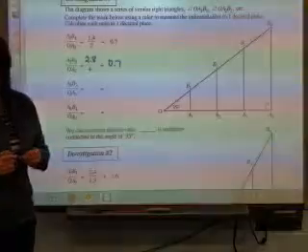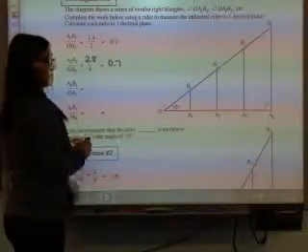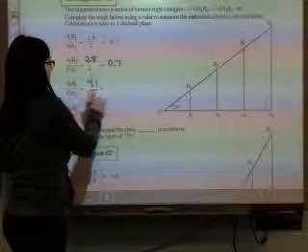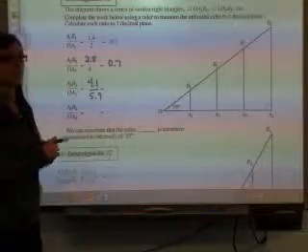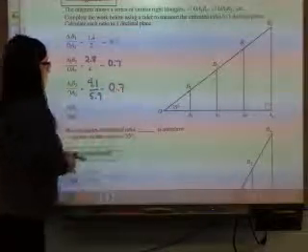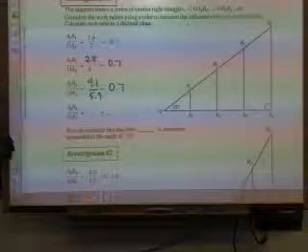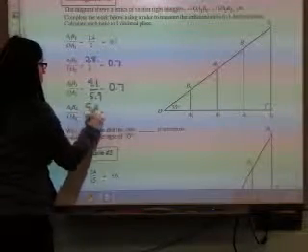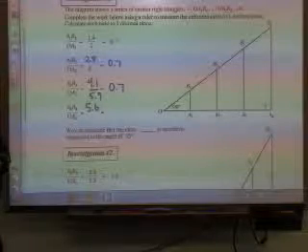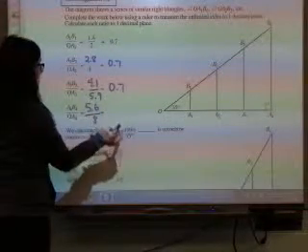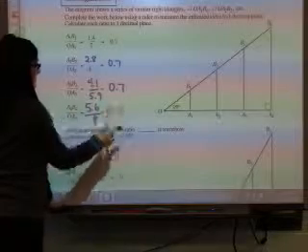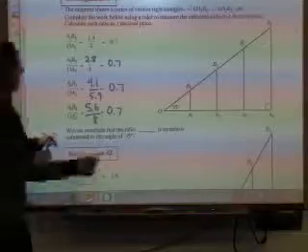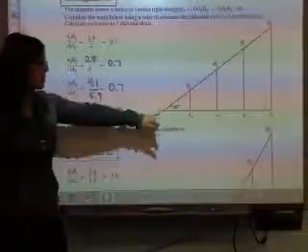4.1 over 5.9. Okay, say that again. 4.1 over 5.9. And what did that equal? 0.7. Okay. And what about A4 to B4? 5.6. And O to A4? And when I divided that, what did I get? 0.7. So we can reach the conclusion that the ratio 0.7 somehow connects itself to